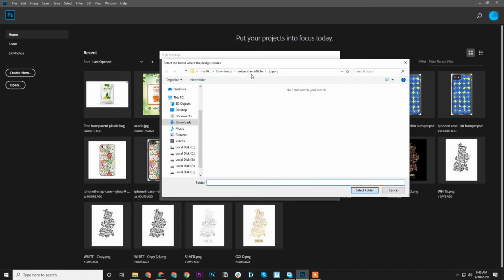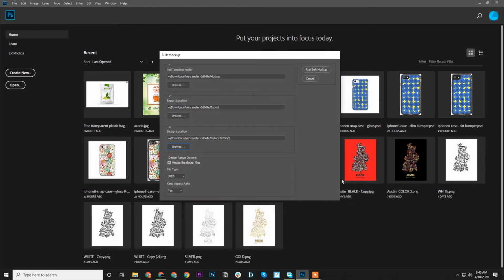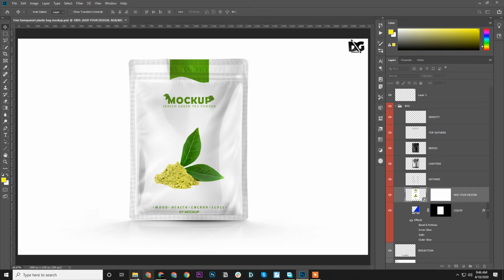And the design location. We'll have this. JPG is fine because your files are in JPG format. So I'm also going to check this resize the design files, because I fear that your design files and this mockup files are not the same size, so it will automatically resize, and we'll run bulk mockup.